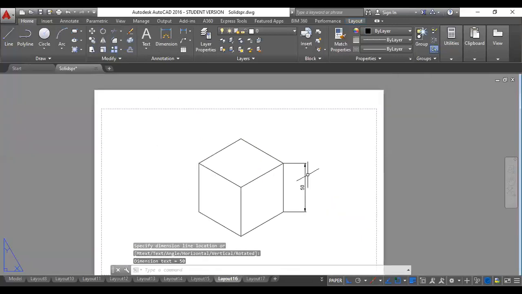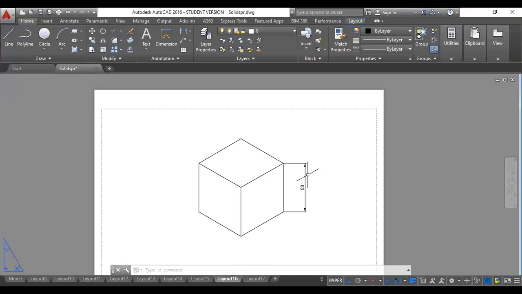But you know that isometric length will be different from the true length. In true length, if it is 50 mm, in isometric length, it should reduce by a factor of 0.816. So it means 50 into 0.8164. That should be the isometric length of the object. But in software, by default, it takes the true length. So once the drawing is done, it's necessary that we reduce this to isometric length. That is one point we have to follow here.